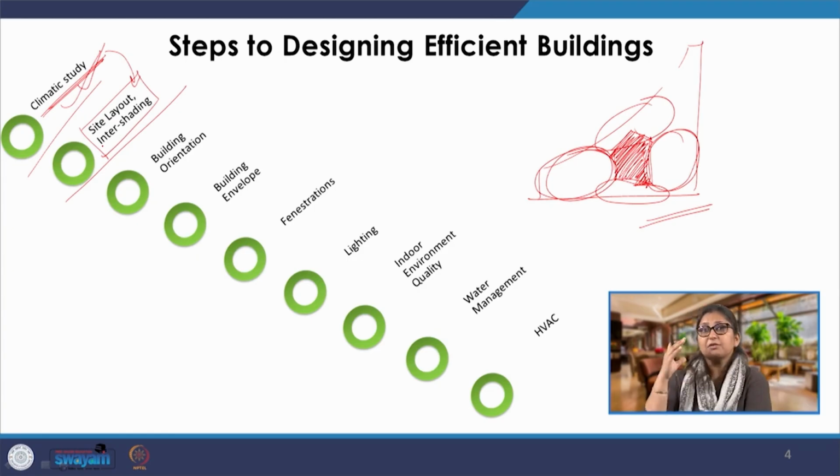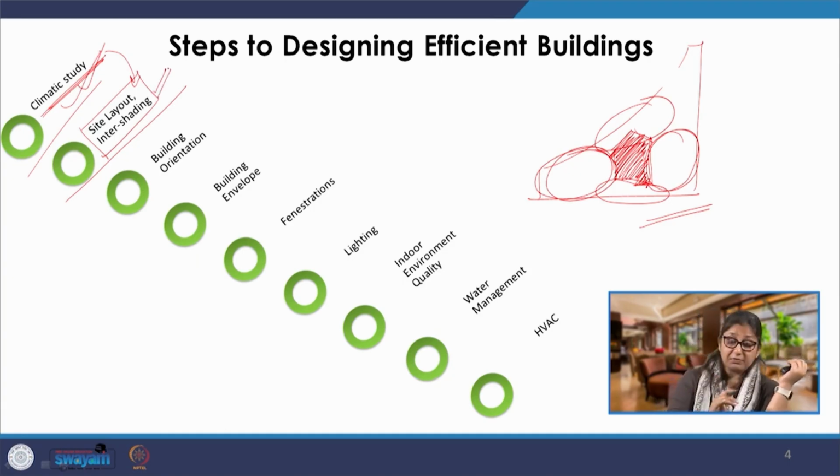We cannot be confined in closed buildings having no connectivity with the outdoors. Humans are connected with nature, and there is an intrinsic need for us to connect with nature, and that is why windows are required. Otherwise, artificial lighting makes it visually comfortable. We do not need windows otherwise. We need windows for reducing the energy that is consumed for artificial lighting, plus to connect visually with the outdoors. Even if it is a busy street outside, the users need to connect to that outdoor. All this has to be taken care of at this step, which is site layout and